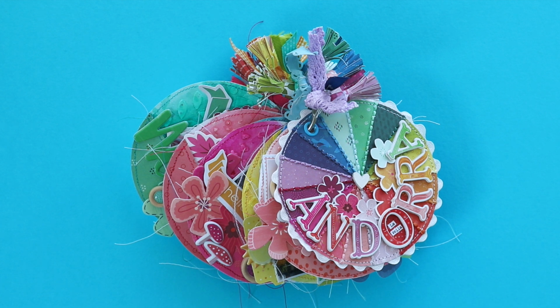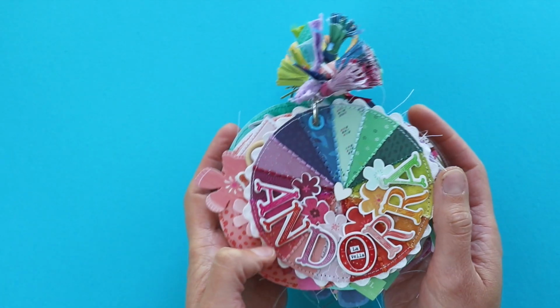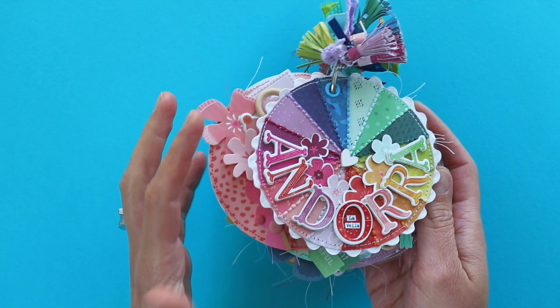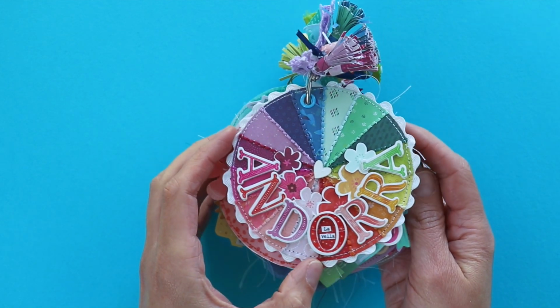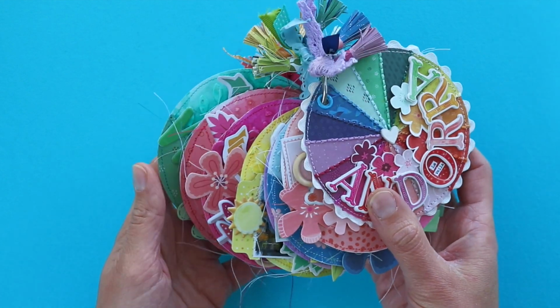Hey everybody, it's Paige Evans and I want to walk you through my newest mini album. This documents our day in the micro country of Andorra. It's nestled in the mountains close to Spain, and I'm using my Truly Grateful collection, but this actually started out